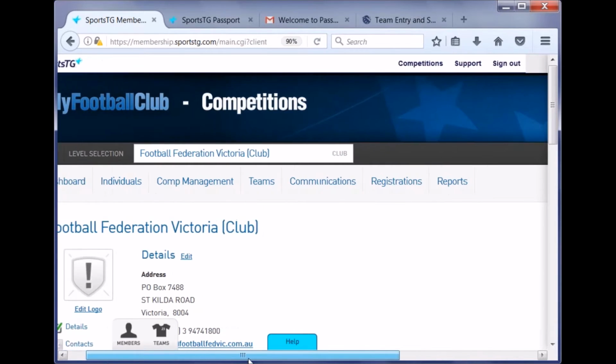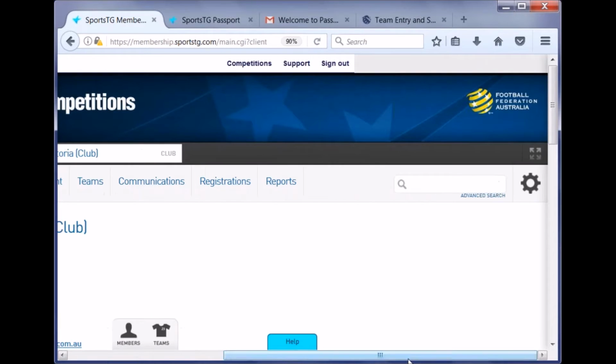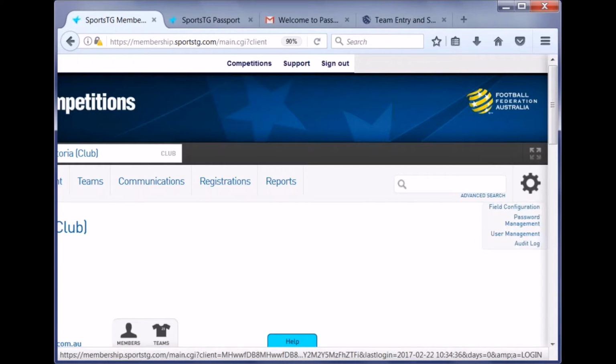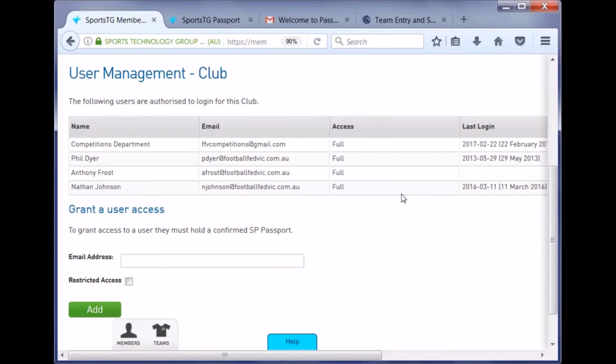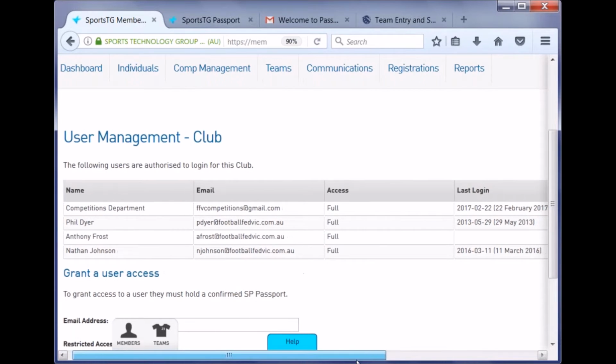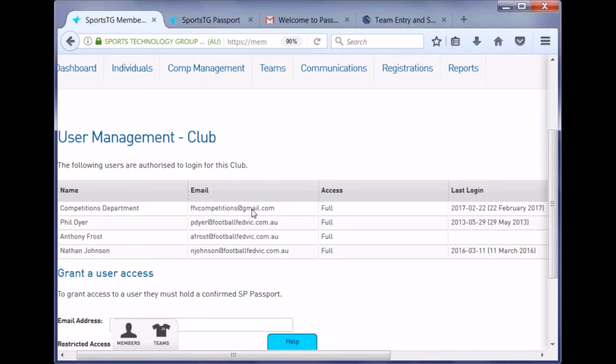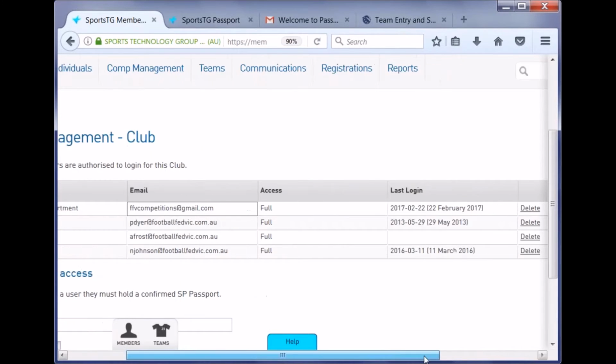If you scroll your bar over to the right-hand side, you will see a cog in the right-hand side of the page, and that is basically your settings for SportsTG. You've got a number of different functions here, but user management is what you will need to be able to give people access to the system. If you click here, you'll see there's a number of people who currently have access. You'll be able to see when they last logged into the system. Quite clearly, this email here is for today's date, the 22nd of February, and you can either delete people from